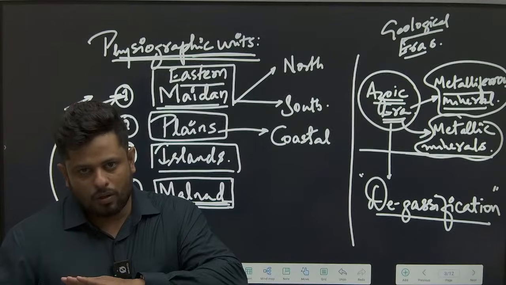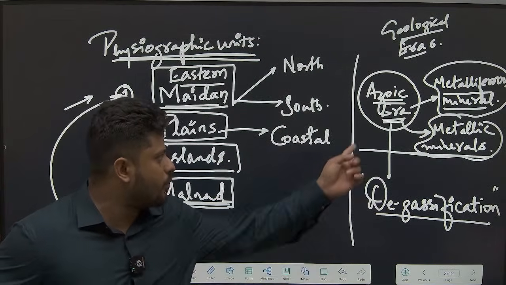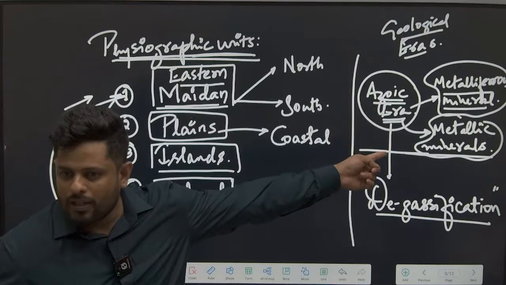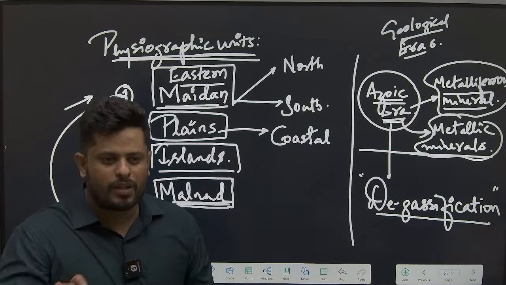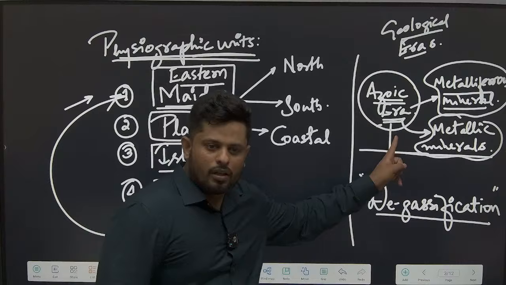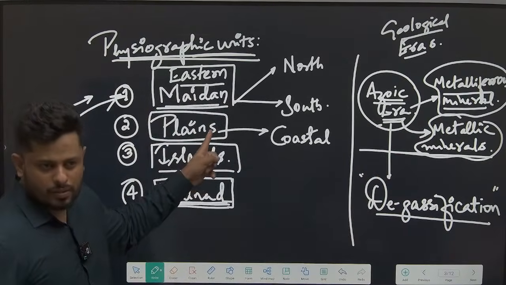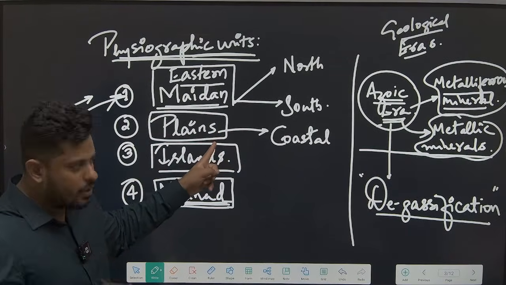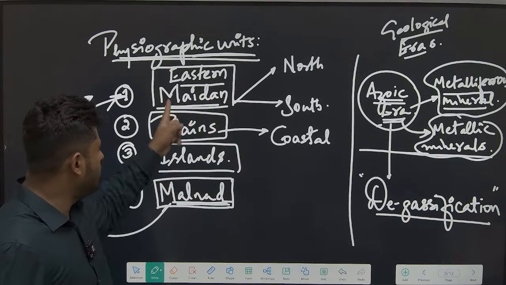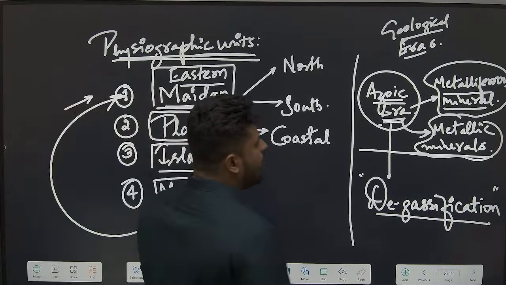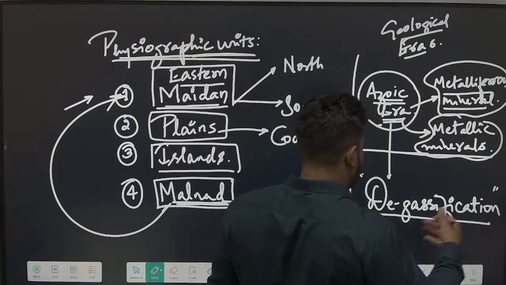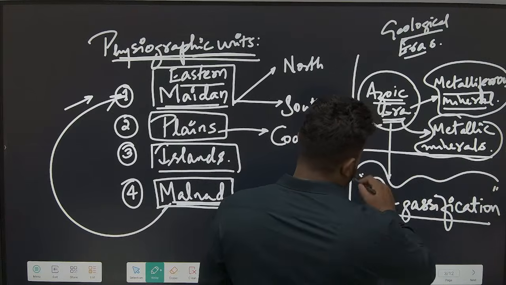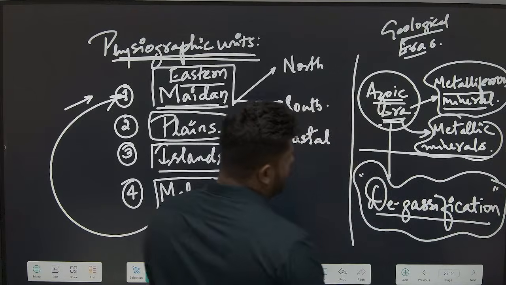And not all parts and parcels of the earth are places where you can expect iron ore mining. Correct, right? They are only very crucial places. These crucial places definitely should be Azoic. Karnataka is home to a number of Azoic eras, places belonging to the Azoic era. Those are the oldest parts of Karnataka, in fact of the earth. One of the oldest regions, right, what we have in Karnataka.